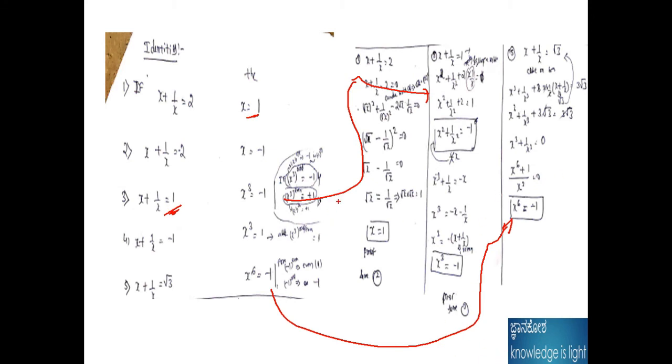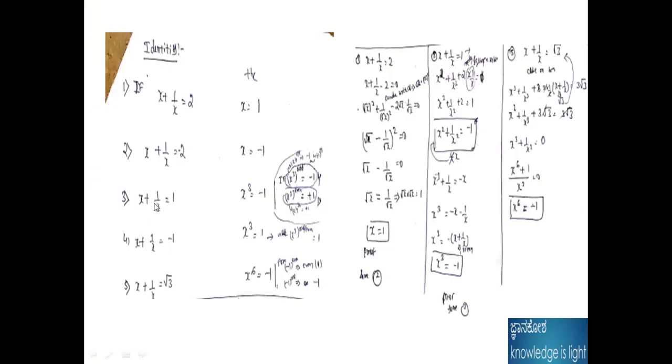Please pause and work out how the proof goes. With x plus 1 by x identities problems, when x to the power of 12 is there, no need for confusion, we already know these terms. The answer should be x cube is equal to minus 1. We already know where it is. Here it is showing: if 1 by x is equal to 1, then x cube is equal to minus 1, already shown. Like that we can apply the logic here.